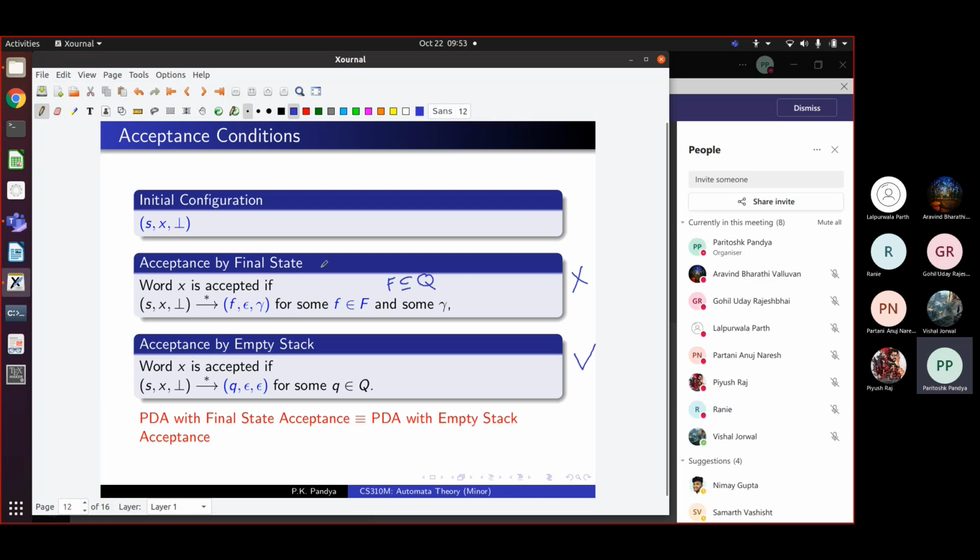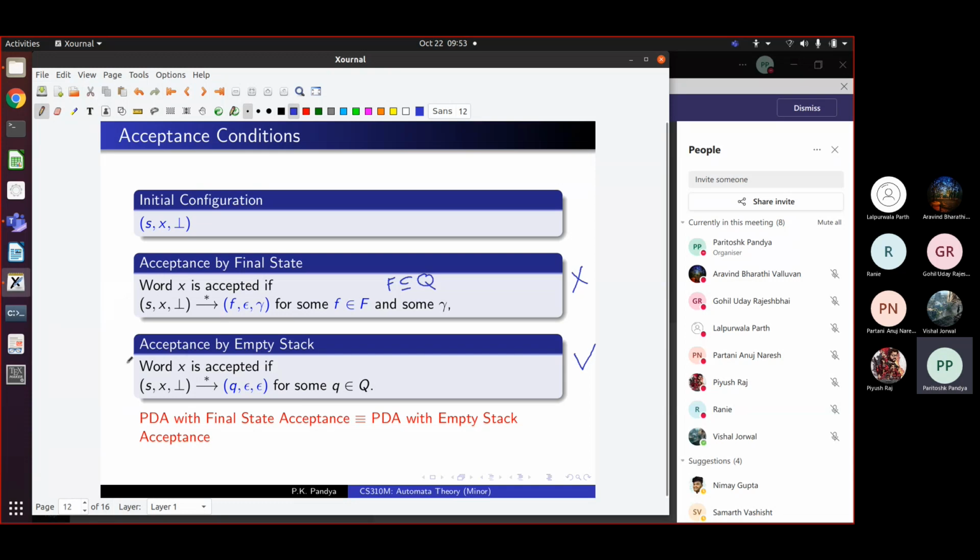Okay, it turns out that the 2 notions are equivalent. That is, whatever can be done in an automaton which accepts by final state can be mimicked by a construction by a push down automaton which recognizes by empty stack, and vice versa. For every PDA which recognizes by empty stack, you can construct a different PDA which recognizes by final state. I'm not going to do the construction. It is there in one chapter in Cozen. You will not be asked to do this conversion. It's not a very difficult conversion, but we don't have time. So these 2 notions of acceptance are the same.